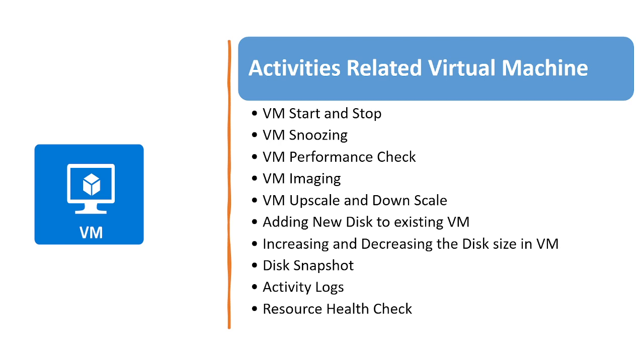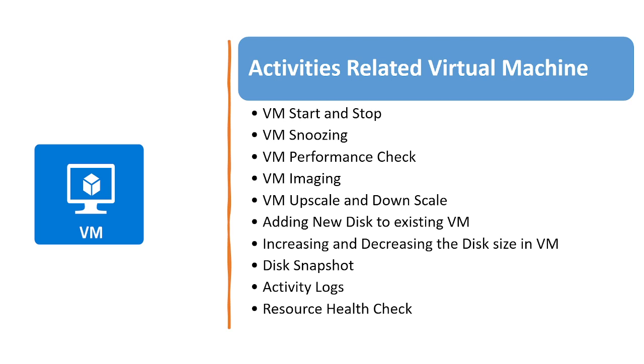So the first one is VM start and stop. Whenever you want to stop a virtual machine, maybe after the business hour to save some run cost, you will stop the virtual machine, and every day morning before the business starts, we will power on the virtual machine. So these two are called start and stop activity, and the same start and stop we will also call snoozing. Snoozing means we will stop the virtual machines, or we will deallocate the virtual machine during the